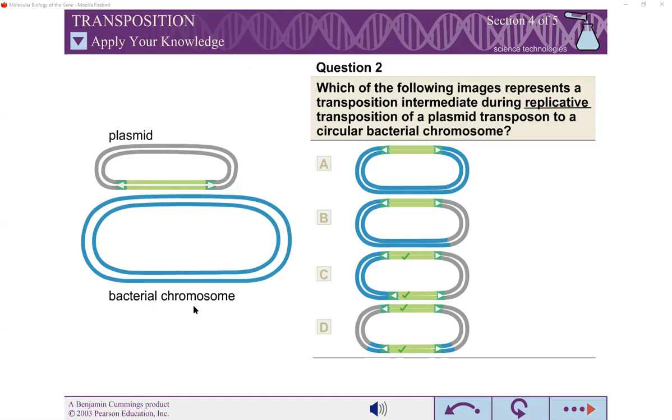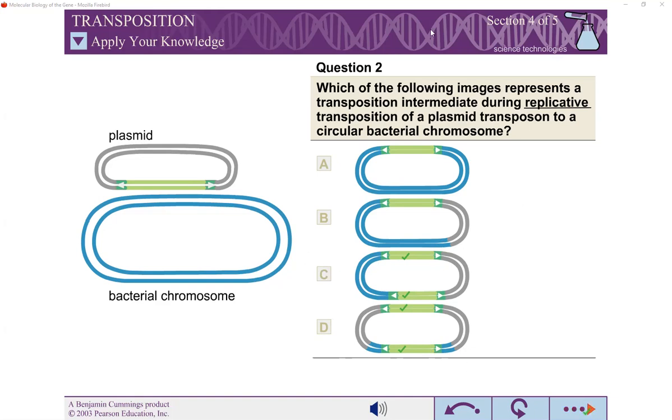This bacterial chromosomal DNA is much larger as compared to the plasmid DNA. So what you find here is that in option C, a large amount of the chromosomal DNA of bacteria is present and a small amount of the plasmid DNA is present at one side. So this is why I have put the answer on C. Now the bacterial chromosome has been reduced. That is why I have placed the answer on C, and that is correct.